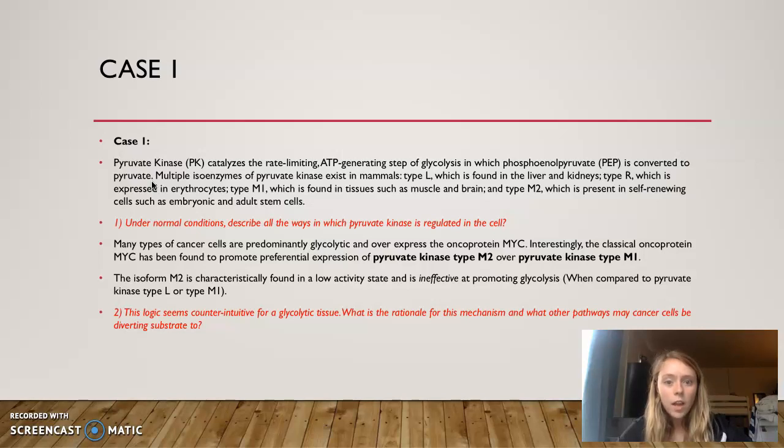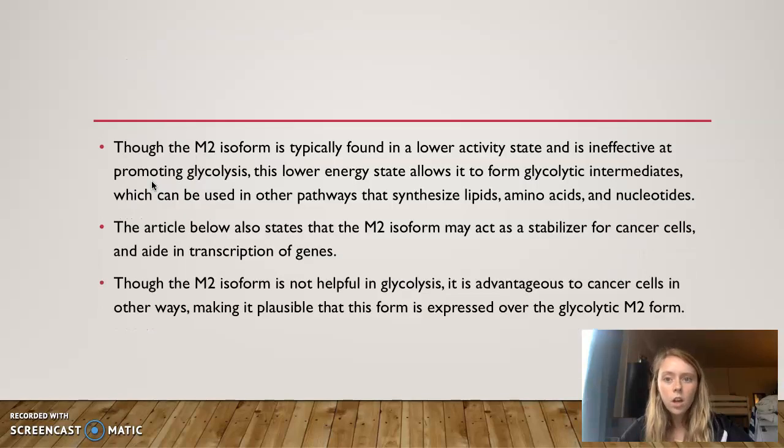It also says that cancer cells have been shown to prefer type M2 over type M1, which is counterintuitive because you would think that cancer cells would want the glycolytic type M1 cells. So I said that though the M2 isoform is in a lower activity state and does not promote glycolysis,